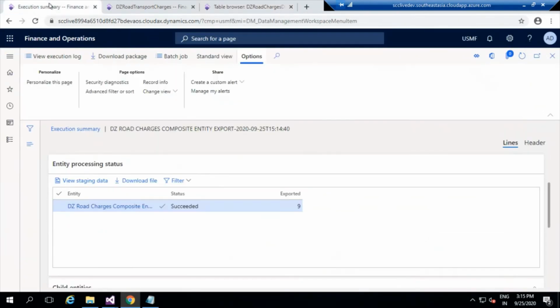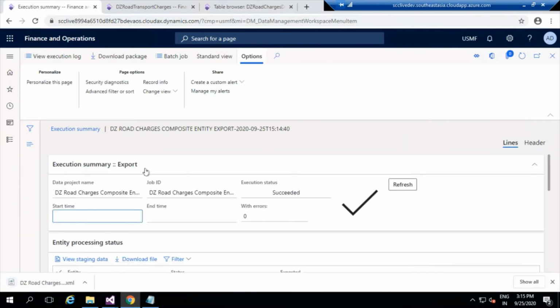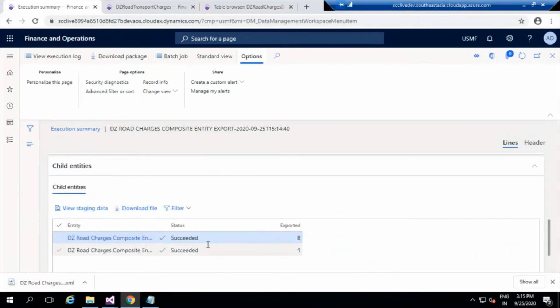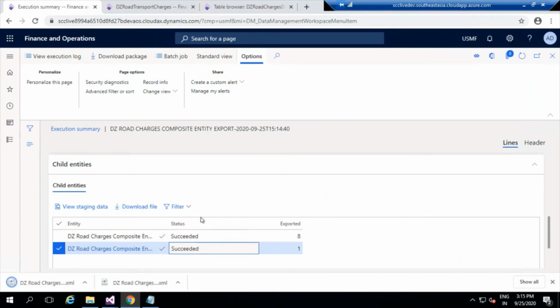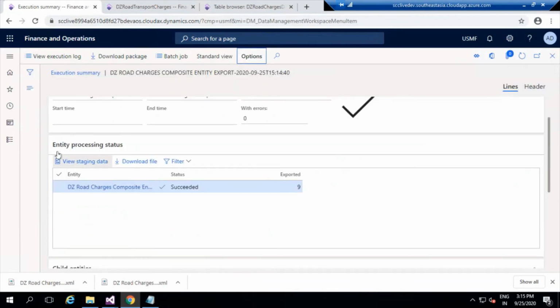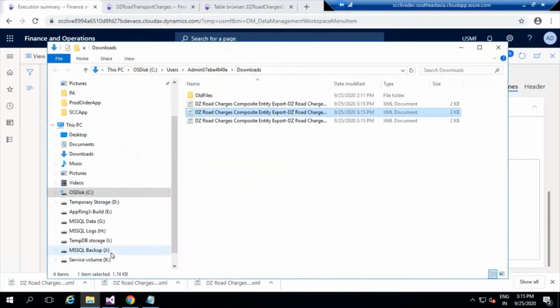And if you want to download the individual files, you can just go ahead and download them. If you download this, it will come as a normal XML file here. And again, you can go back here and download the individual file also. But if you want to download the proper structure of the files, the composite entity structure, you can go back to the entity processing area of the composite entity. There is an option here called download file. You can click on this, which is going to download the proper file now. I can just show it in the folder.